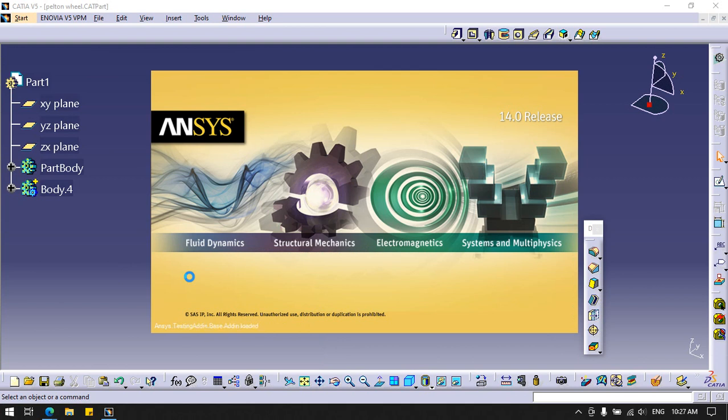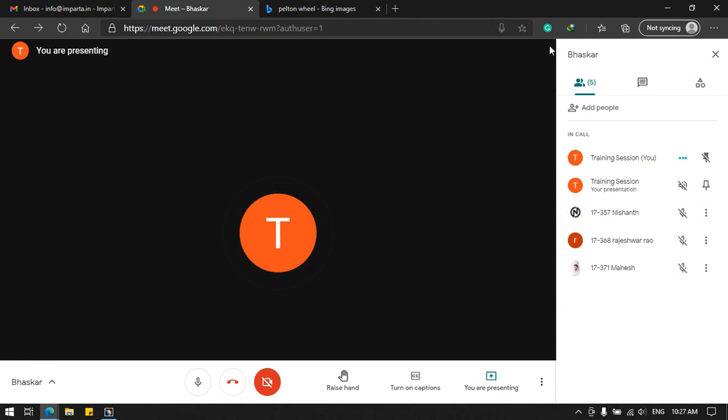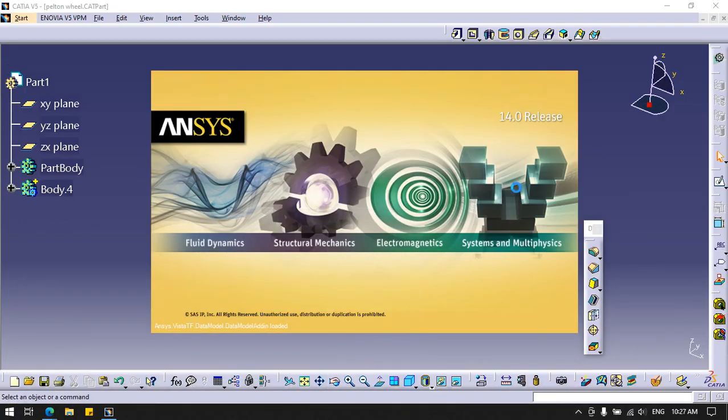By using that force, I am going to apply the force over the bucket so that we can see stress over the bucket. Now, that means we have to do two analyses. First, we have to find the force. Second, we are going to find stresses over the bucket, or stresses caused by the bucket at a certain velocity or certain force.